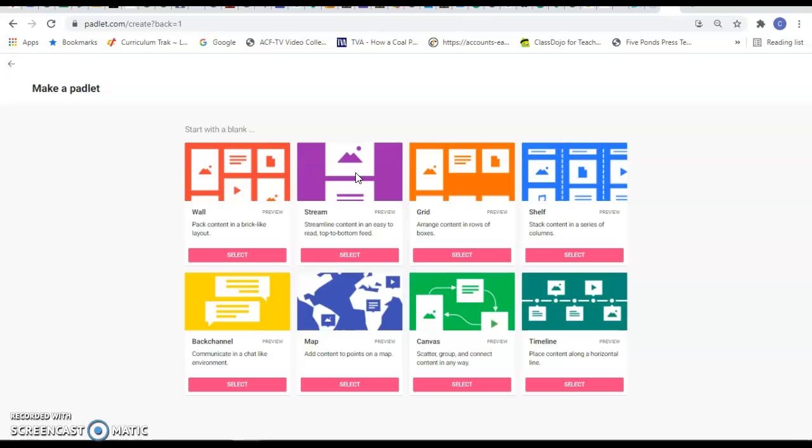They'll just go like a feed, and a great way to use the stream is to have students maybe make a journal for a book character or a diary-like thing, and each post could be a different day. They could do a post for April 1st, then another post for April 2nd, and then they could put in